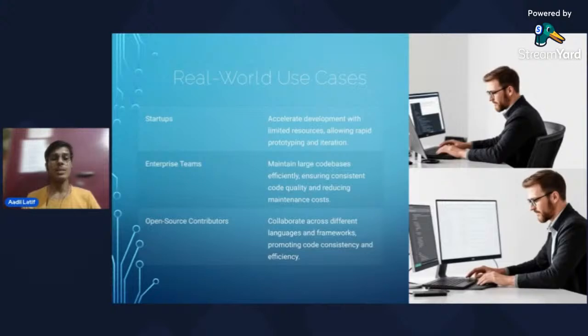It provides open source contribution, and it is provided to startups and enterprises. An individual can also buy it, but it is not a cheap product that anyone can buy. Currently it is provided only to startups, enterprise teams, or open source contributors, because